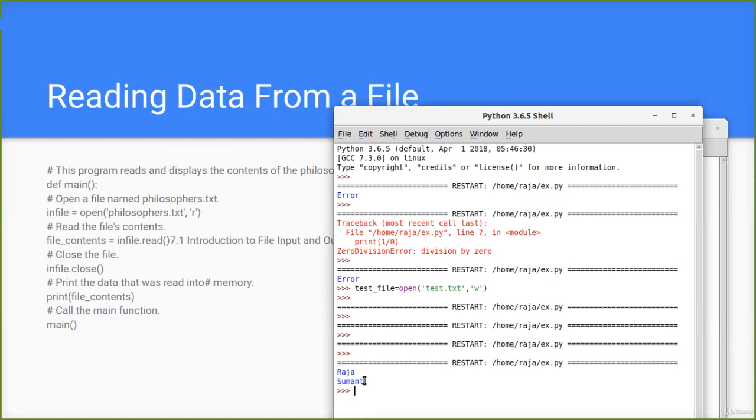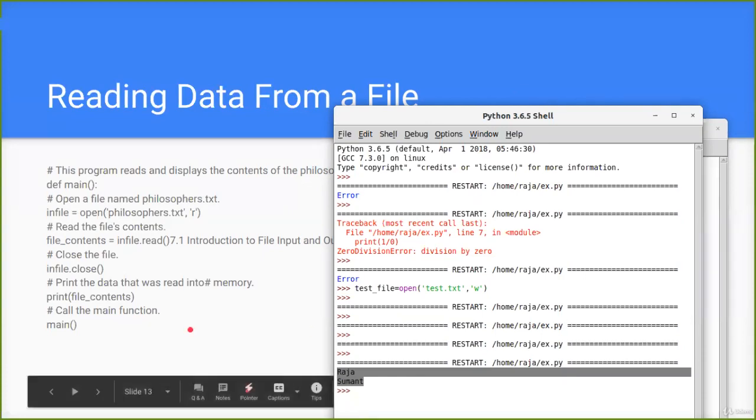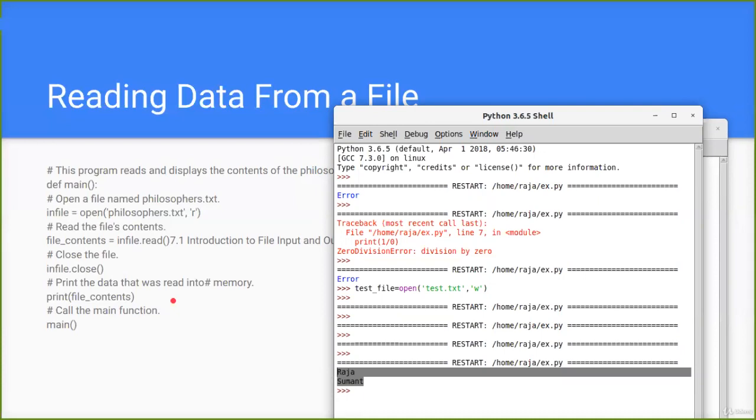So here it has read the data from the file, and it has simply printed the entire contents of the file on my console. So this is how you actually read some data and write some data into the file. Okay,